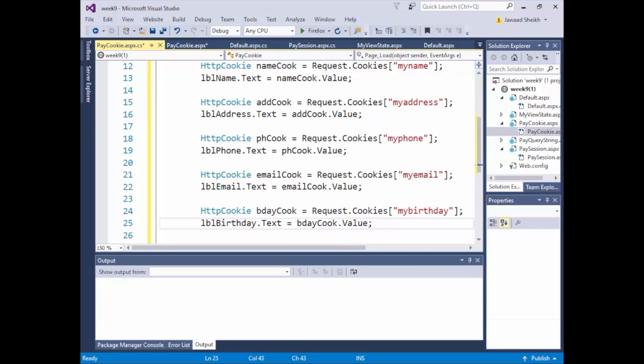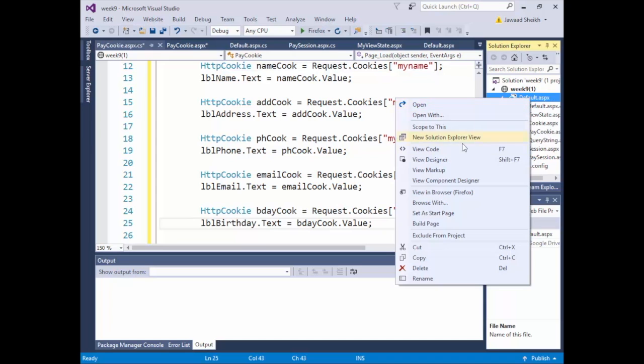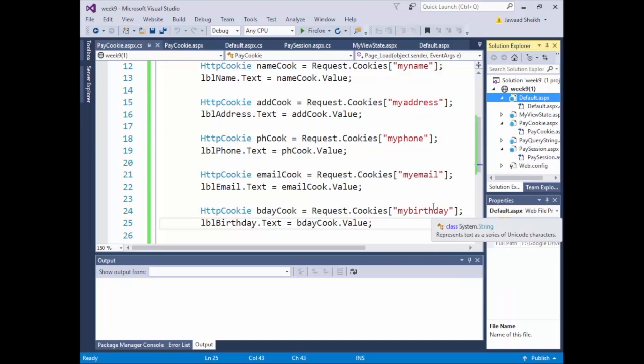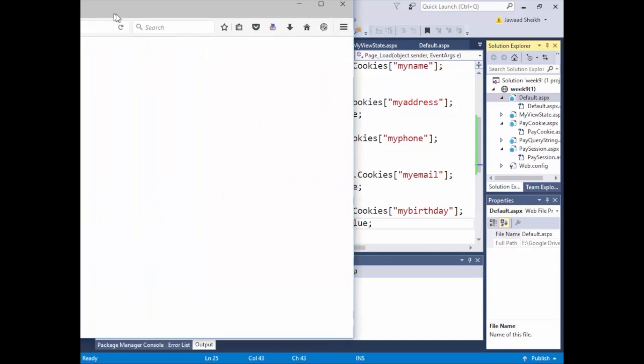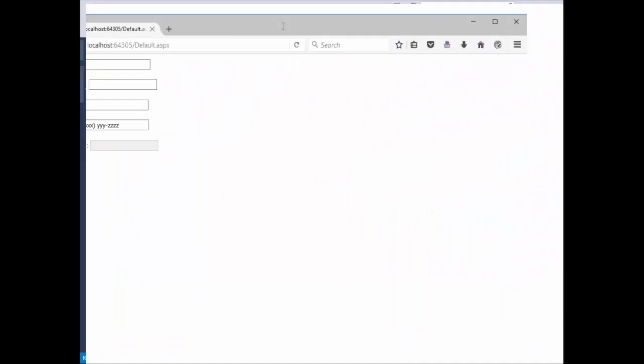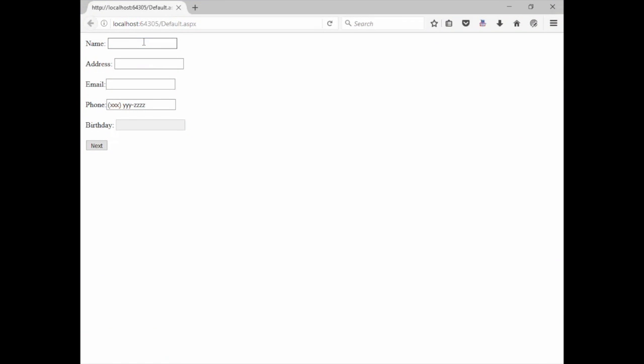So those are all of our cookies that are retrieved. Now let's see how it turns out. So we'll start running default.aspx again. Alright, so let's run this. So again, Jim Kirk, 123 Enterprise Lane, and then jim@kirk.com,